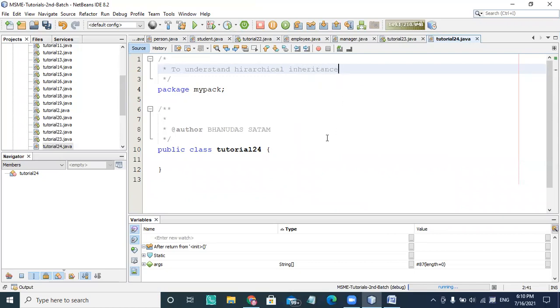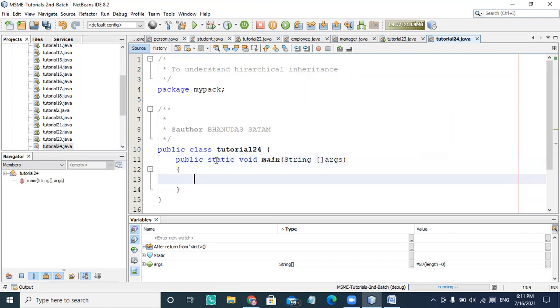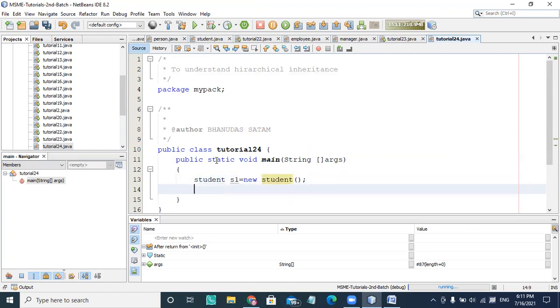So here I'm writing public, and I'm creating an object of student. I can create an object of student, and I can create an object of employee. So I will write student s1 equal to new student, and next is employee, so I'm choosing employee e1 equal to new employee.